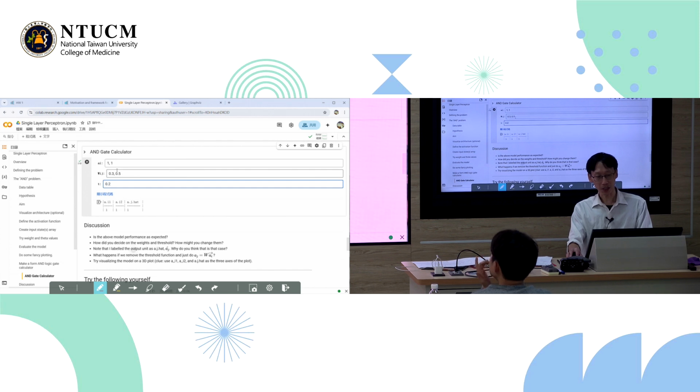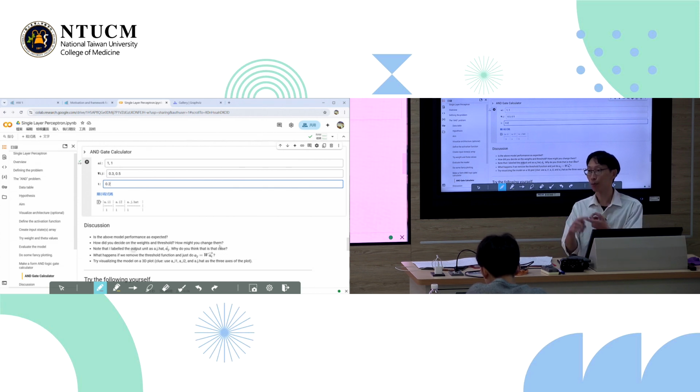Okay, so in other words, I can play around with this, all right? And I can try all sorts of numbers, and I see in the table how it works. Okay? So this is a case of why I run the simulation. I have no idea what numbers to use. I'm just guessing the weights and the threshold, just throwing random numbers in there, okay? And every time, I see how the network performs, okay?